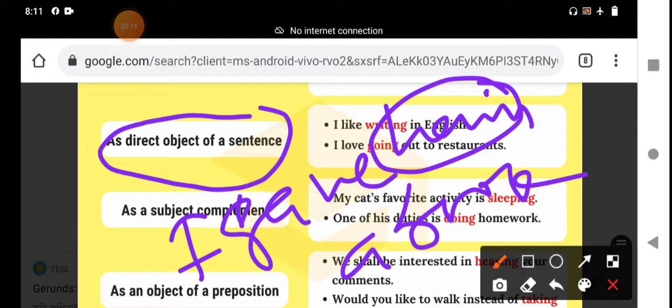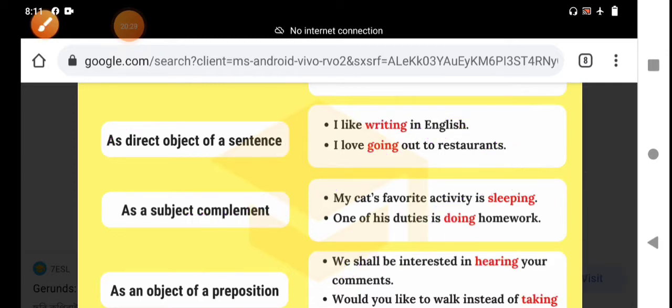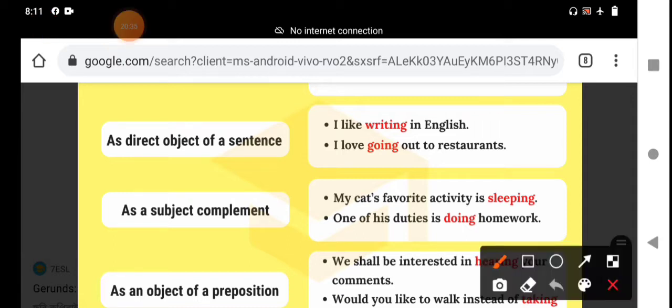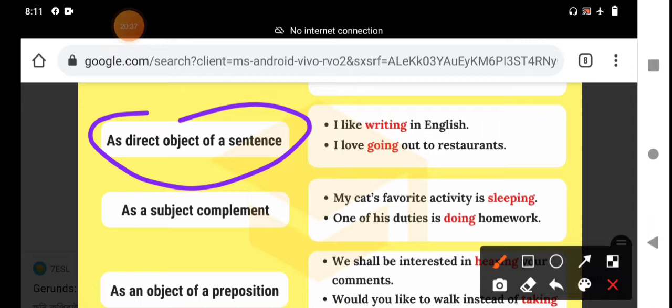Direct object, how should we remember that? The things and articles other than persons are called direct objects. Persons are related to the indirect object. That means the gerund functions as an object.